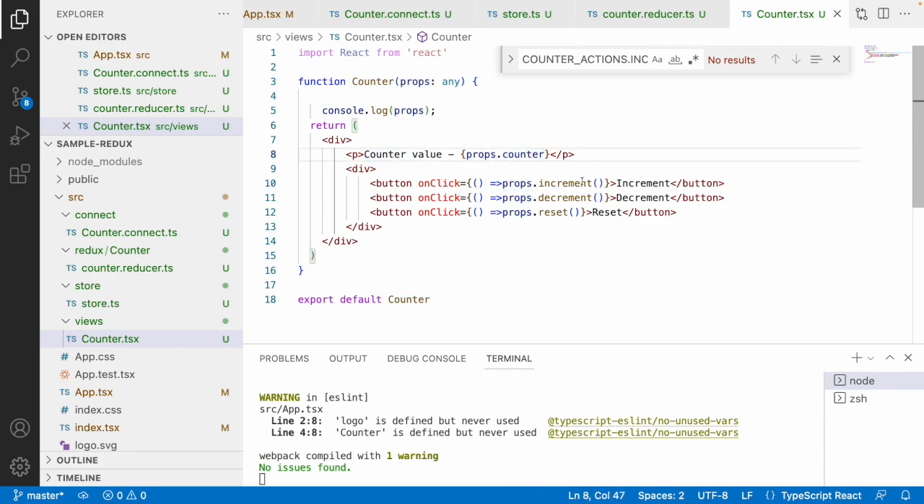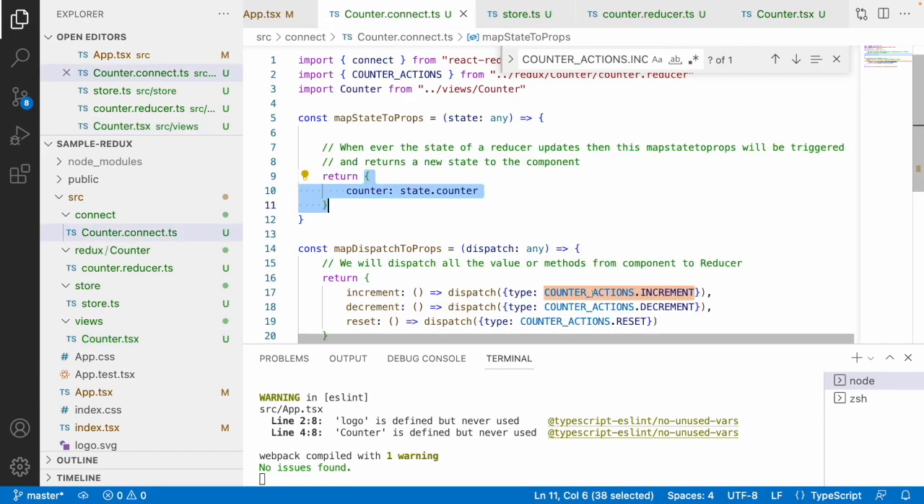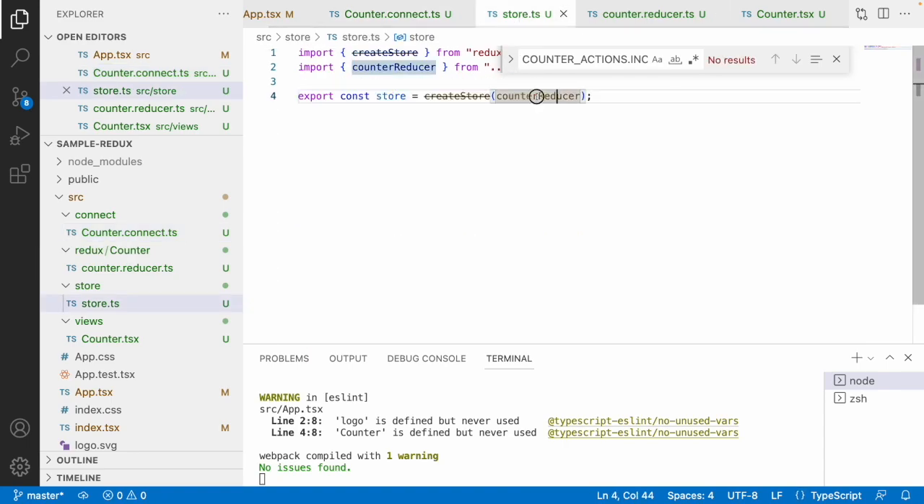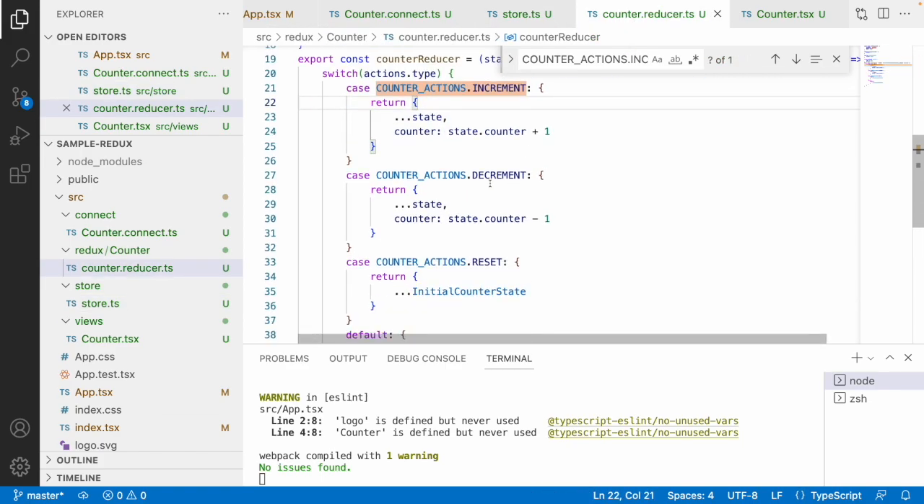And the same thing with decrement. When the user clicks on the decrement, it goes to the connect, it dispatches the action called decrement, it searches for the registered reducers. Here the registered reducer is only one, that is counter reducer, and it will go into the counter reducer and check the action. Yes, it has the action called decrement, hence the state counter will reduce by 1 and it will return